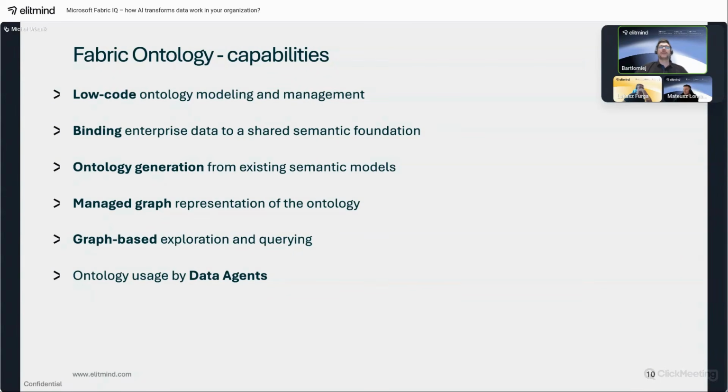Next, we have the graph representation of the ontology, which is always created together with the ontology, which enables us to visualize our data and present it in the organization, but also to explore and query this data. And last but not least, we have our data agents. It overlaps slightly with the ontology, and it's one of the Fabric IQ features that utilize the ontology, but not only the ontology, which will also be presented later.